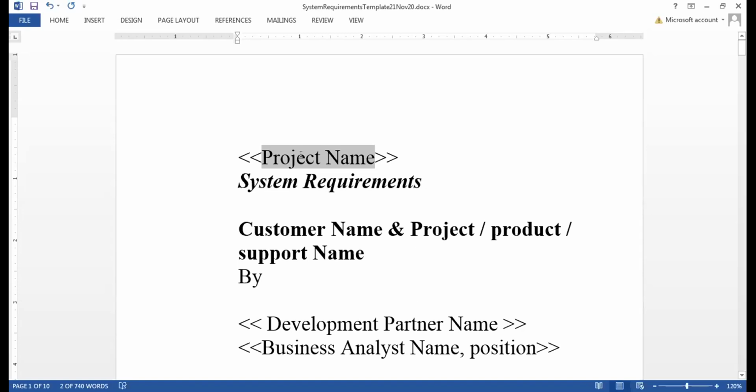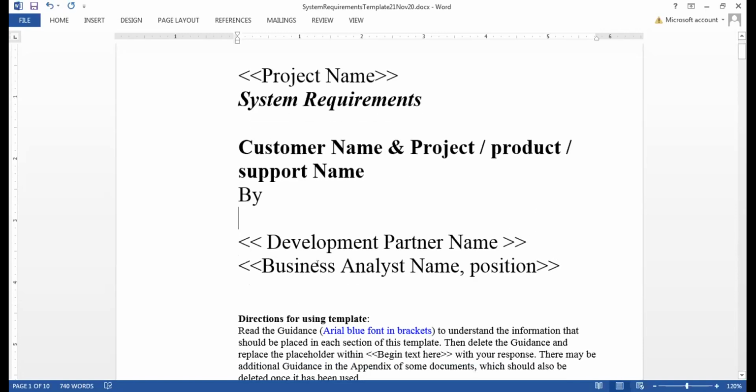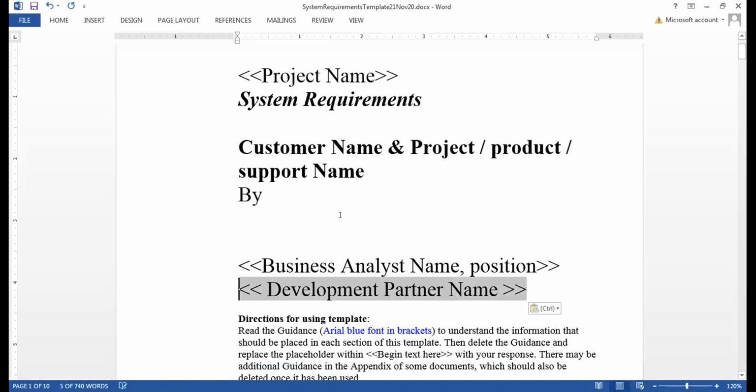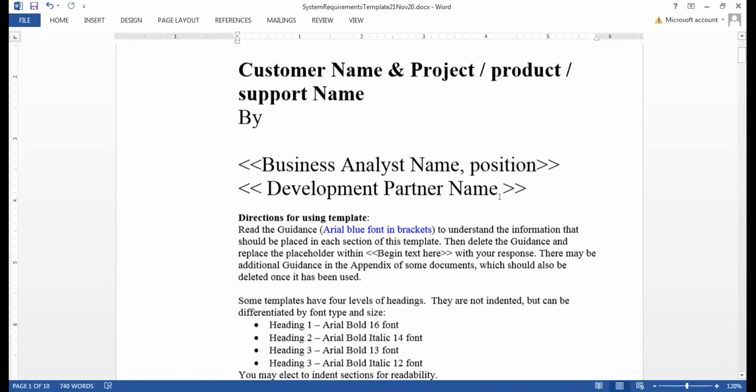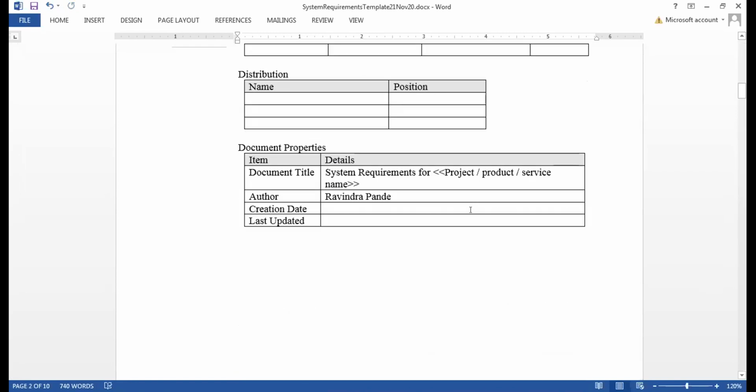Normally here I'll put "Enhancing attendance management system requirements at State Farm", and again, this document is made by me as a business analyst. I'll put the business analyst name here and the development partner name. This is the most uniform template which we use. This is what you're going to work on whenever you start working as a business analyst. I'll share this with you, and we'll do a hands-on workshop for SRS as well.